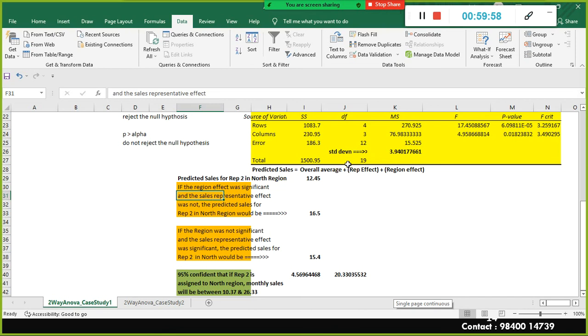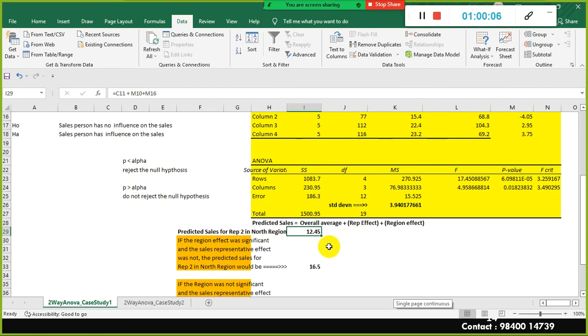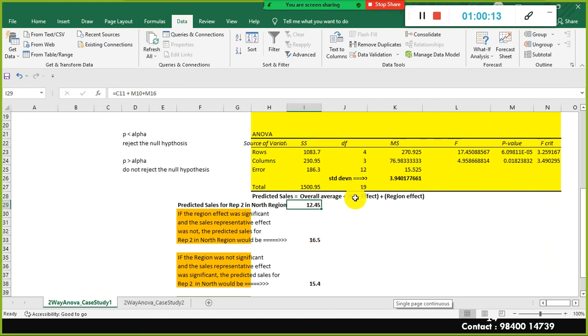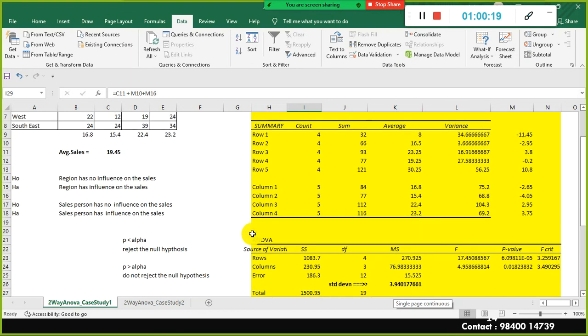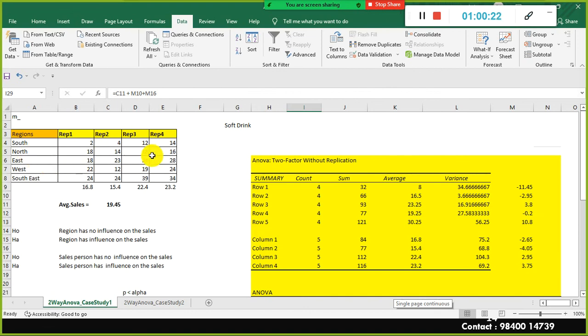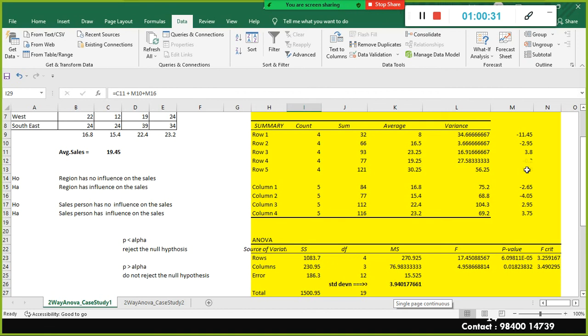And now if you apply this formula here, we can estimate this one. So overall average is 19.45 plus, here I mentioned already, the sales rep, this is 0. You just think this is 0. So 19.45 plus 0 plus the region effect. Here I mentioned rep 2 in north region. So what is the north region here? Second row, right? Second row effect is minus 2.95. So 19.45 minus 2.95